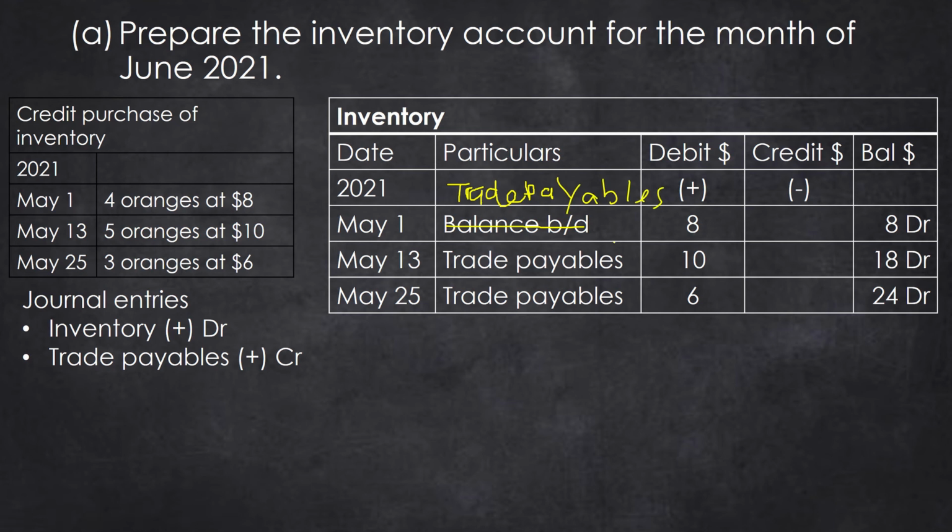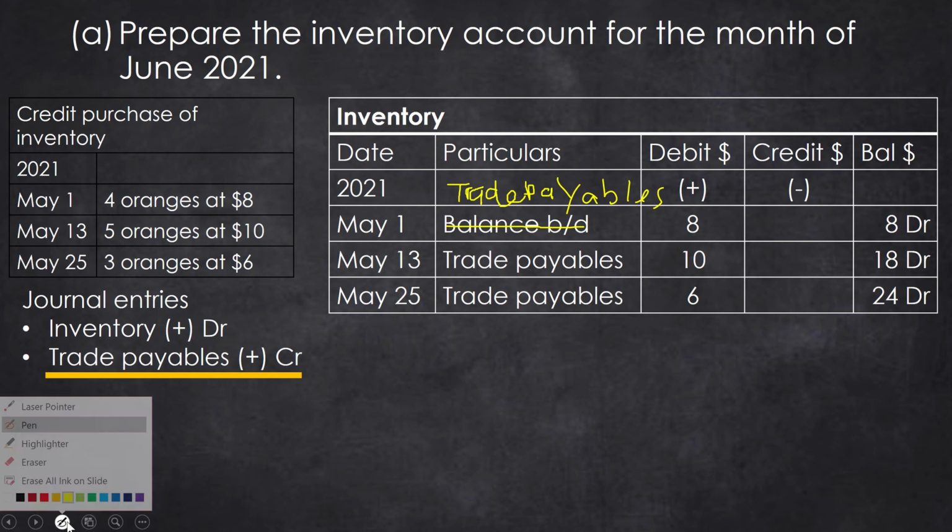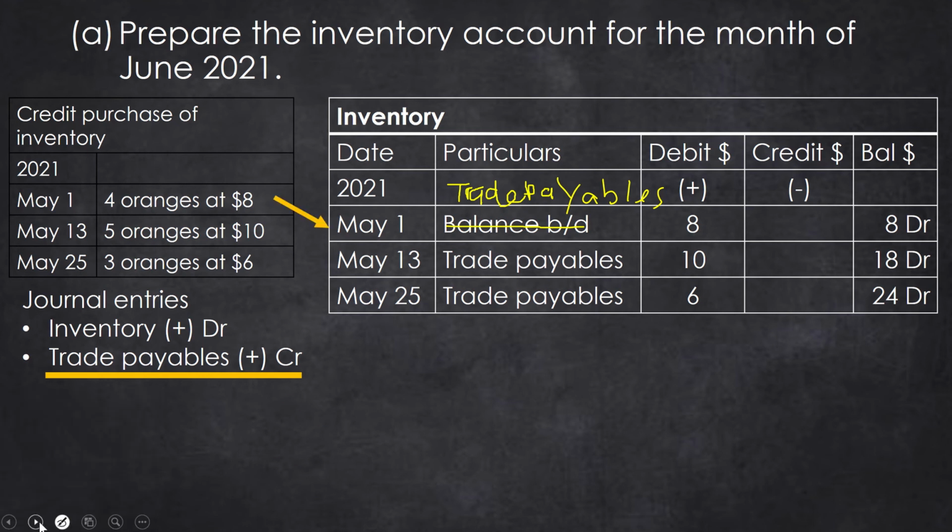Alright, so it should not be balance brought down. It should be trade payables. So I bought 4 oranges at $8, and I would have to record an increase in inventory. The other account affected is trade payables. So that means on 1st of May, I will record inventory debit $8, and trade payables is the other account